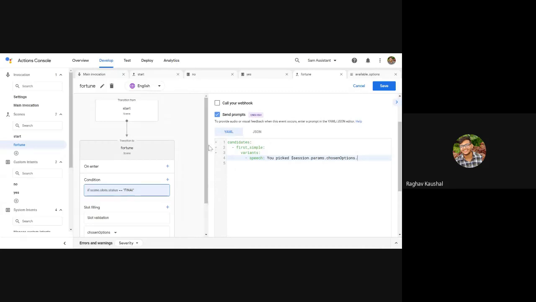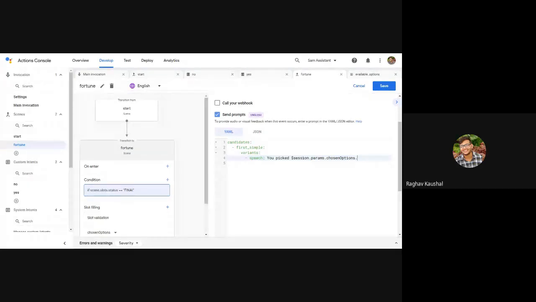We are asking a user to choose dragon, compass, or translator. So a user is choosing one of those options, and if we are not doing anything, we can either go to end conversation, so it will play the earcon sound and end, or we can go to no intent, so it will say farewell, thank you and everything. So it's better we don't end our conversation here, and I'll print that you have picked this. So for picking that, you pick what.